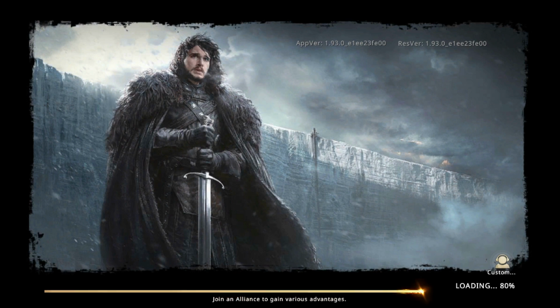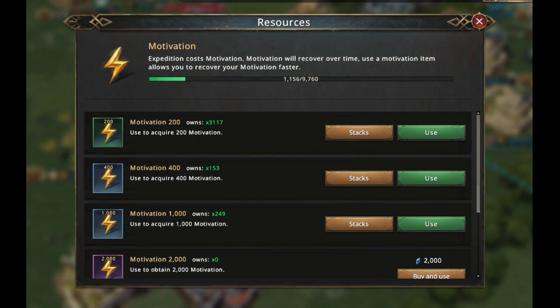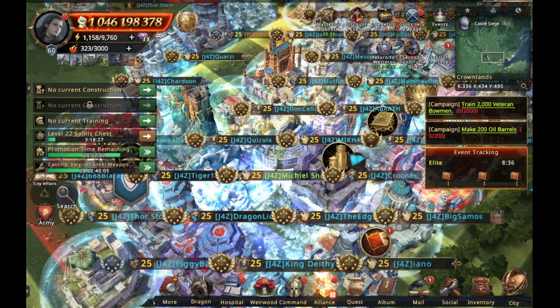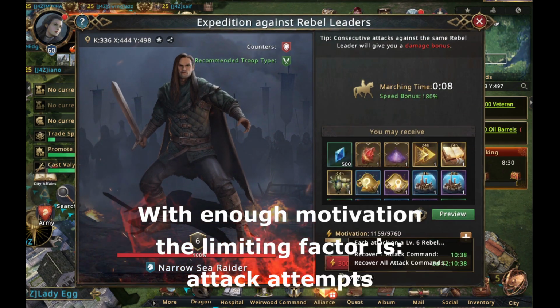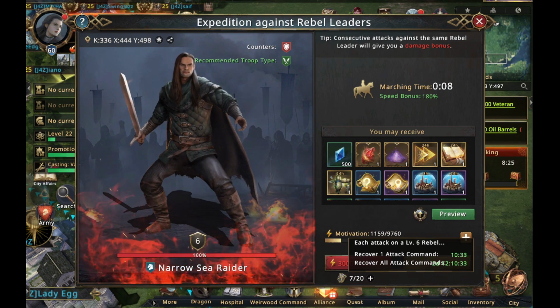What does it bring me? Well, right now I have, you can already see here, over 600,000 motivation from the 200 packs, over 60,000 from 400, about 250 from the 1000. So I have a lot of motivation. So right now, motivation for me is not the limiting factor. What the limiting factor for me is just simply the number of attacks, because I want to be able to